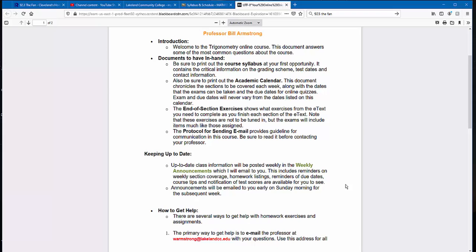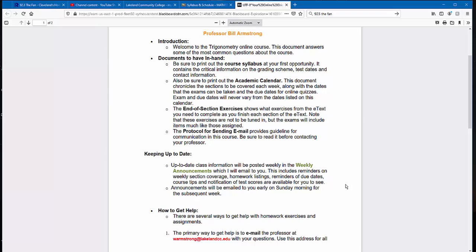In my weekly announcements, you will see reminders on weekly section coverage, homework problems to do, reminders of due dates, course tips, notification of test scores, and anything else that might pop up.